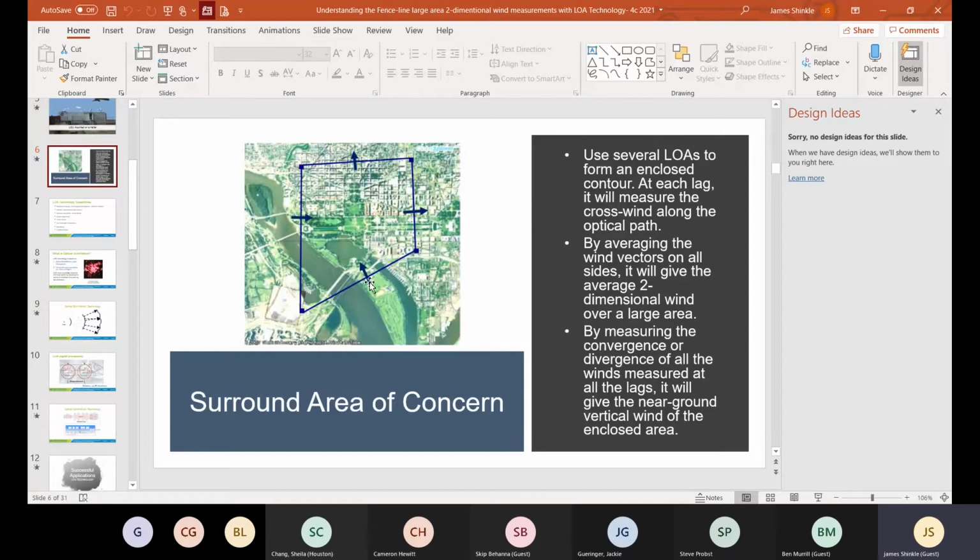So with LOA, we're going to give you a more spatially representative idea of what the wind is doing across this plane. And that plane's bidirectional. Now the question becomes how you set these up. Do you just do a single plane and then add another line here to see if there's a significant change? If you're looking at a fence line and you're wondering if gases are going towards that facility, or towards a population, with LOA I'm going to know across this entire plane what